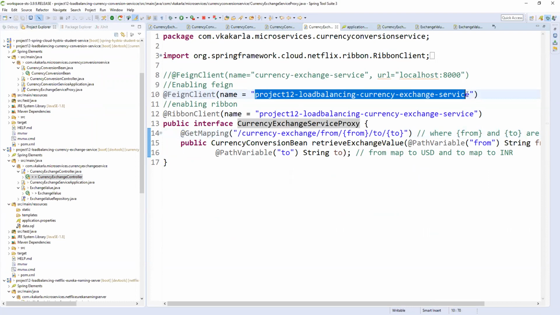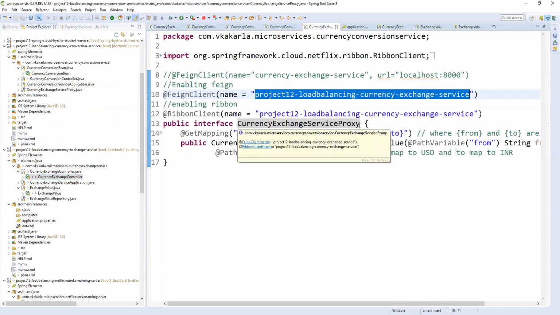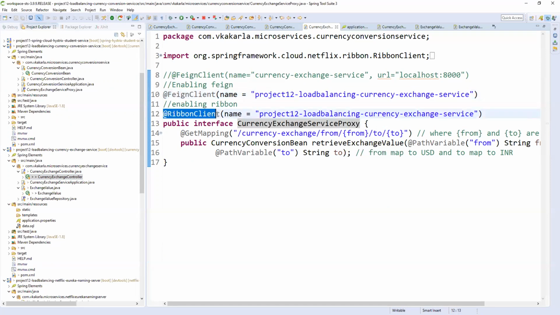So after this service, it will automatically take the port number from load balancing. It will go to the Eureka server, and automatically the Ribbon client will give the port number of whatever available server is there. So from there it will automatically take. So this is what a Feign client will do. And also @Ribbon client, we are enabling Ribbon client so that all the port numbers will be available to this Feign client. Based on the request, automatically the Ribbon client will provide one of the free services, one that is ready to give the response. So the instance will be given to the Feign client, so that these two work together when we are having load balancing.